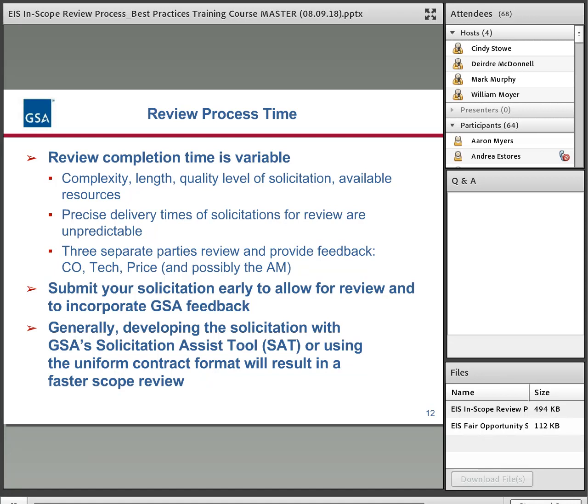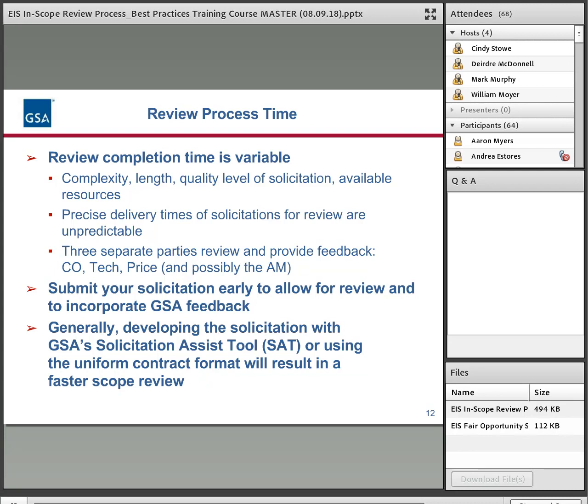So, of course, when agencies submit, they're interested in how long the review is going to take. Our goal is to process these as fast as we can. It should be no surprise, though, that the time is variable. It relies on a number of factors, such as the length and complexity of the solicitation.